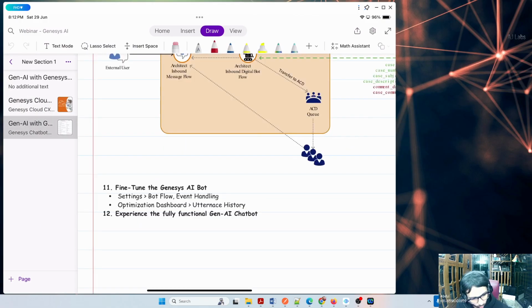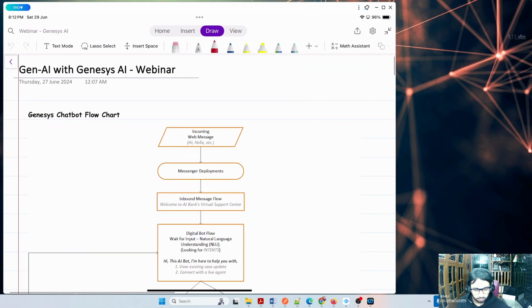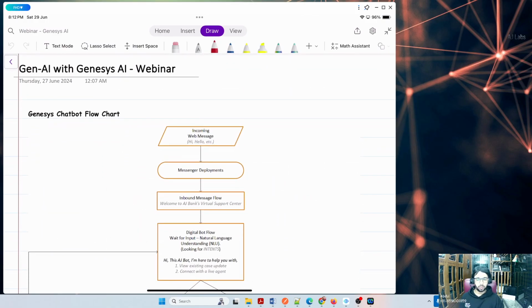Cool, guys. Let's move on with today's session. So what we're going to do today is explain the flow diagram, because when you design any contact center logic, it's always good to go with a proper flow chart. Imagine I'm working with a customer. The customer name is AJ Bank, and that's the scenario I'm putting forward.